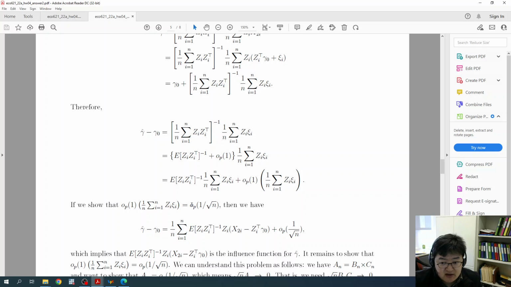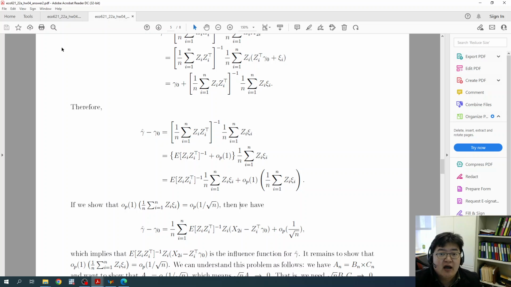Fast enough means it goes to 0 faster than 1 over square root n, right? That means even if you multiply this term by square root n, it should still go to 0. And if you have that, then we have this form which satisfies the definition of